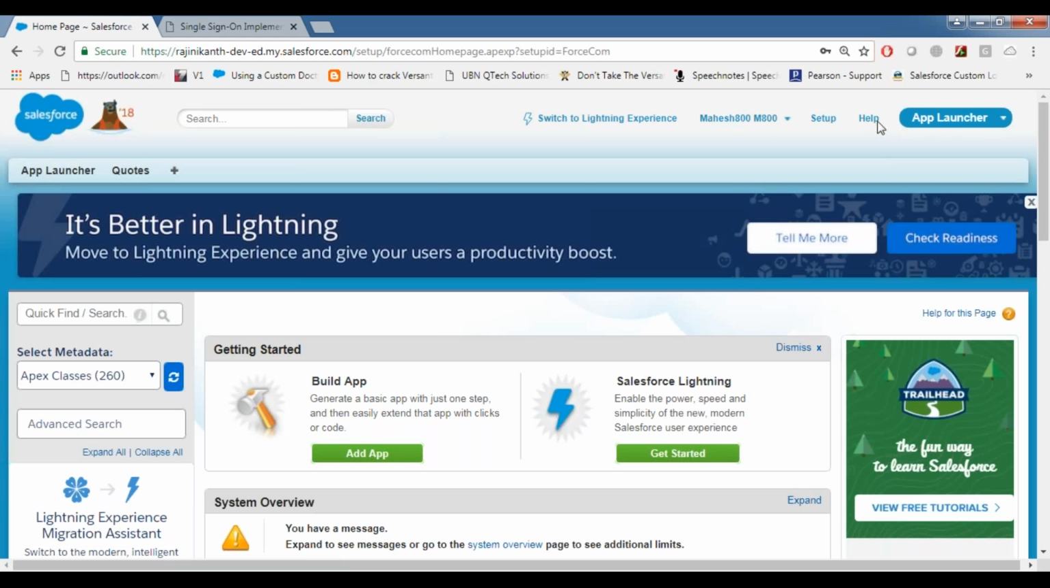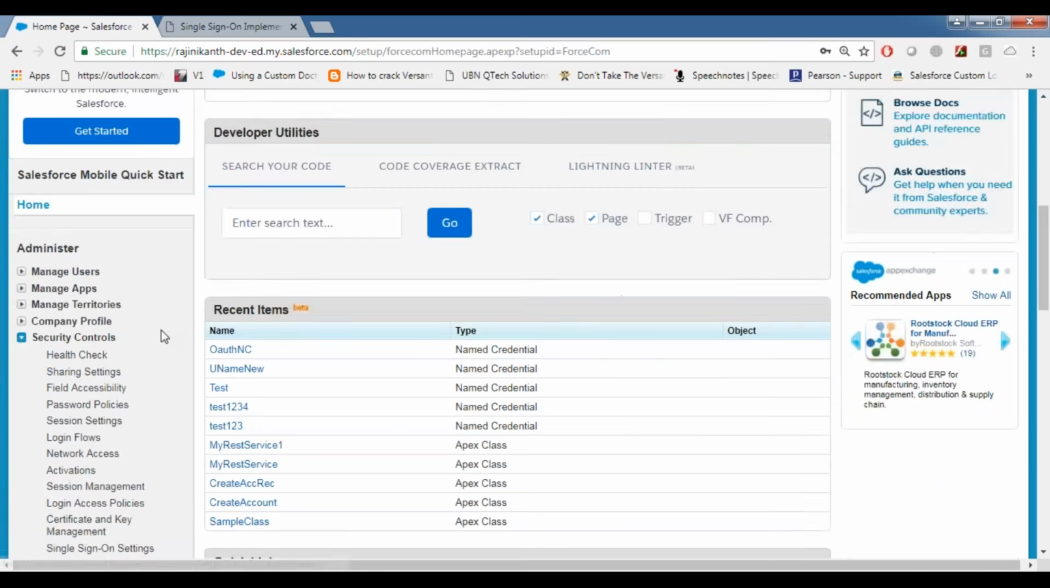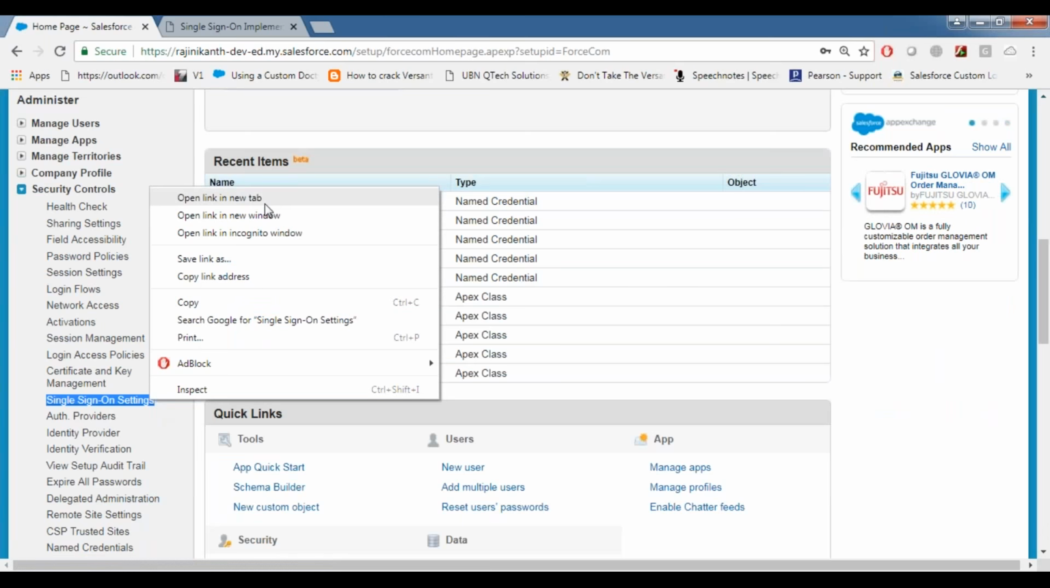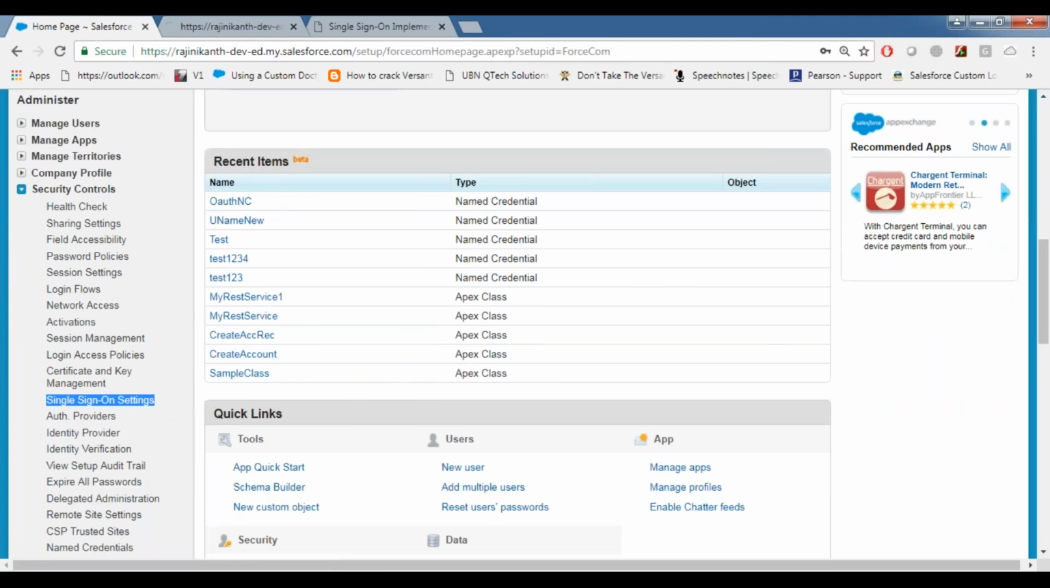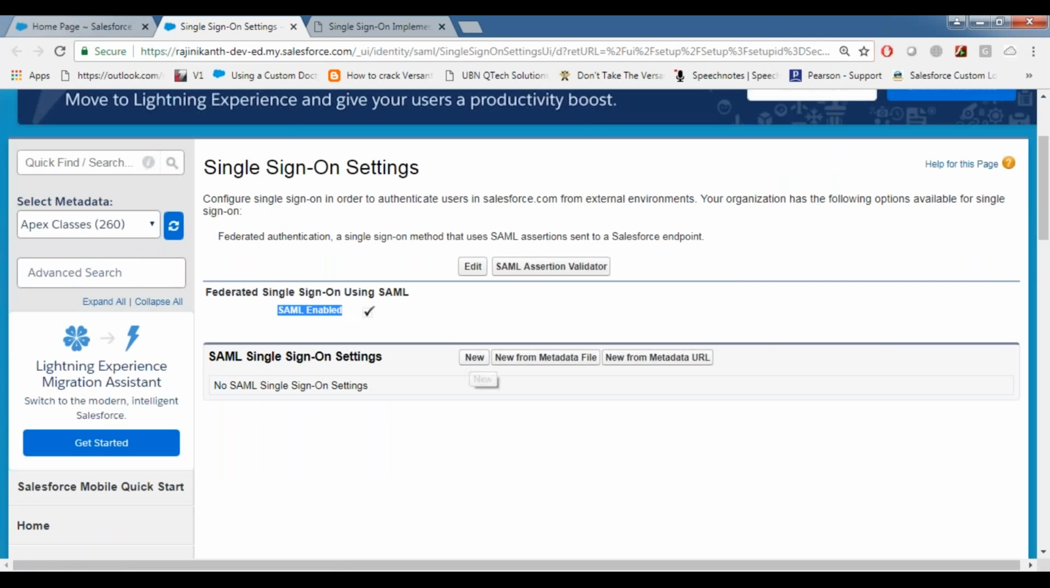Okay. So now let's go to security controls. Under security controls, you can see single sign-on settings here. Open this single sign-on in new tab. Alright, so we have to enable SAML, and then we have to click on the new button here, and then we can